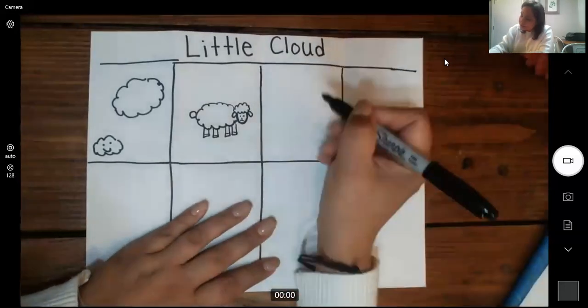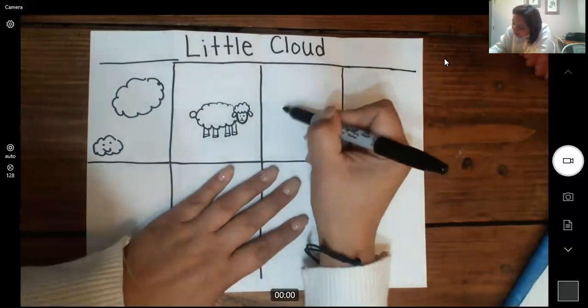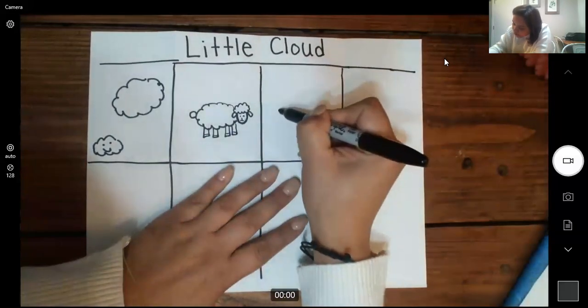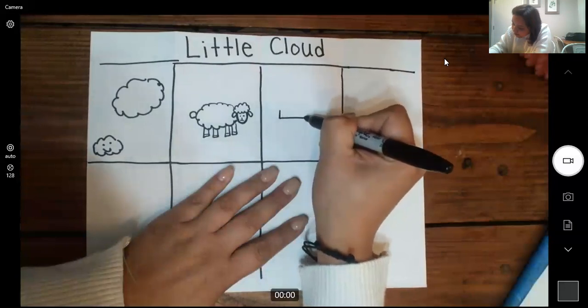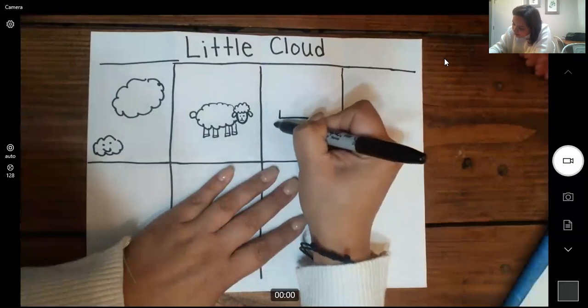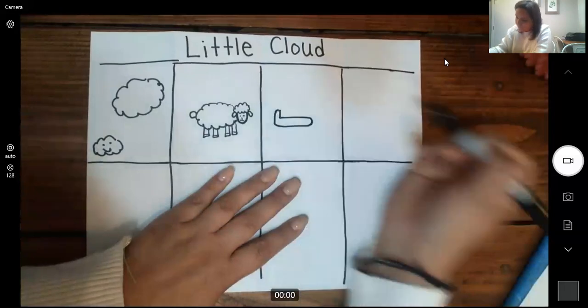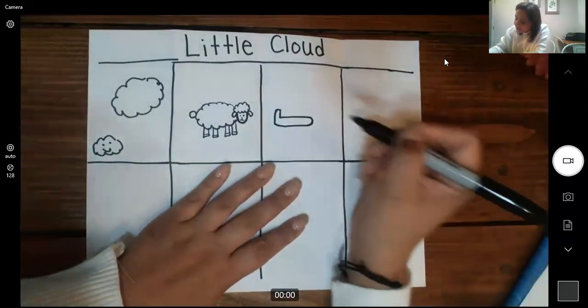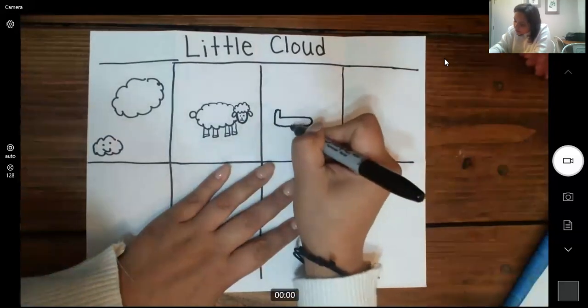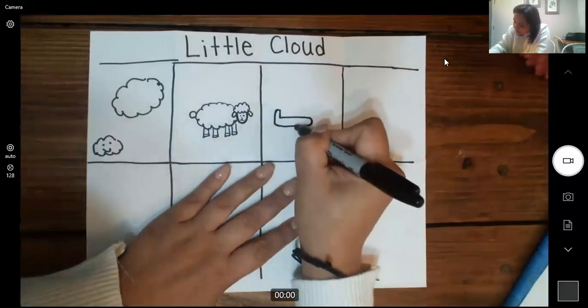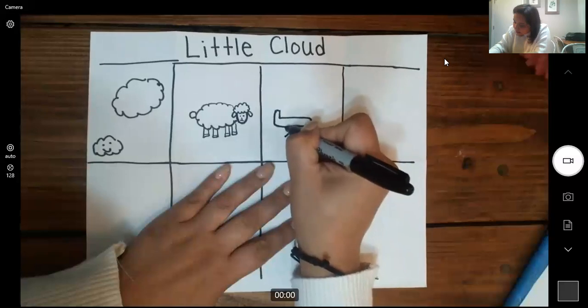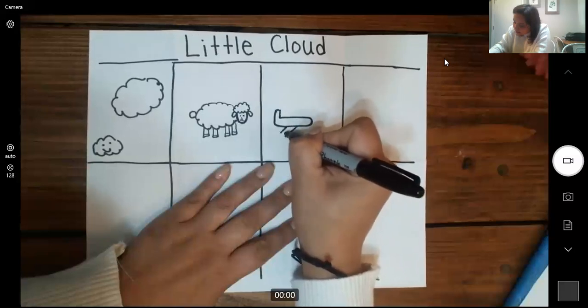an airplane. So for the airplane, I'm just going to start kind of like when we start the letter L down and then across, but then I'm going to keep going and then come back, and then I'm going to go up again. There we go. And then I'm going to do one of the wings, and then hopefully,